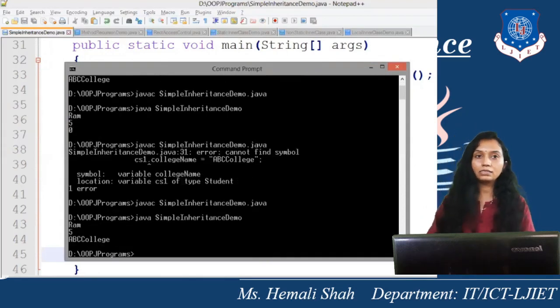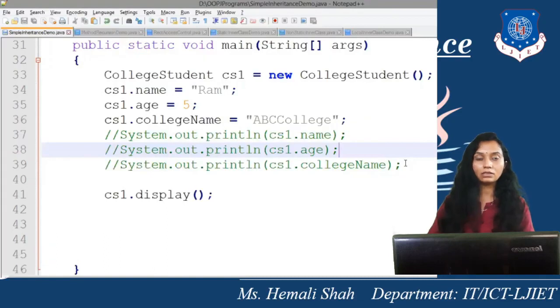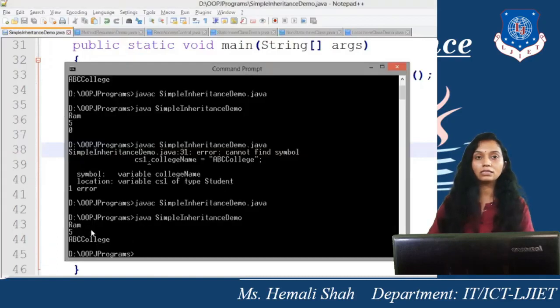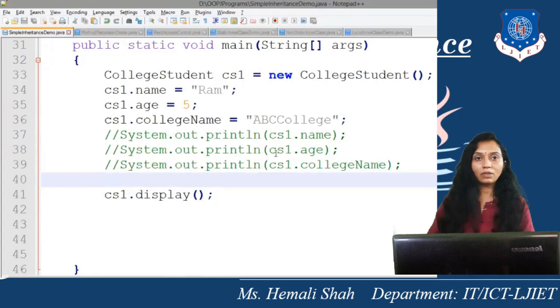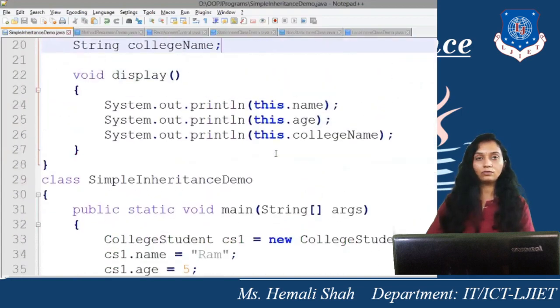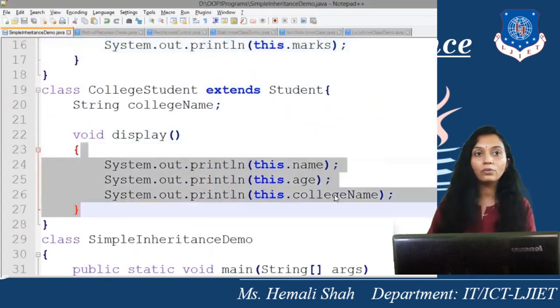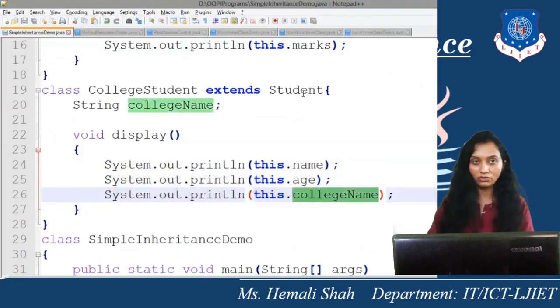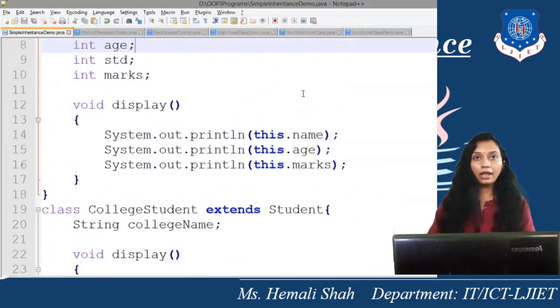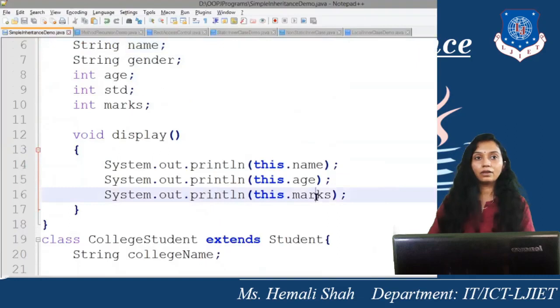See, you will get the display function of the same class instead of the Student class, because the display function is available in the same class. So first it searches in the same class and you will get the output of this display function of the same class. And if the compiler does not find the display function in the same class, it searches in the superclass also, right?